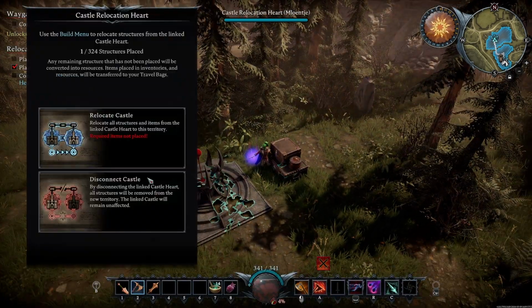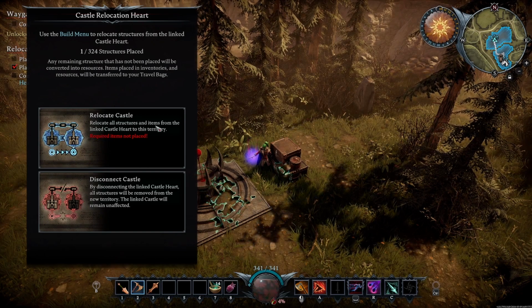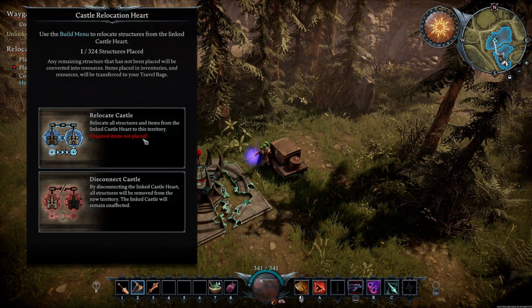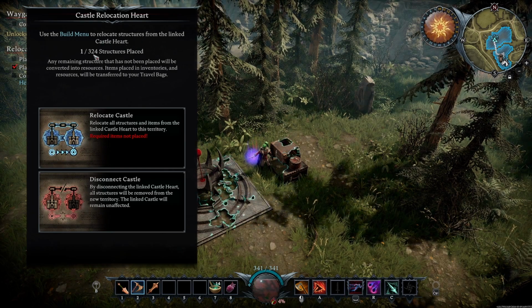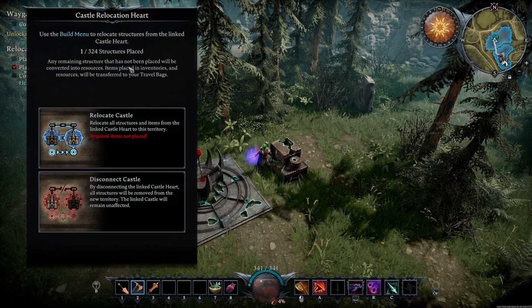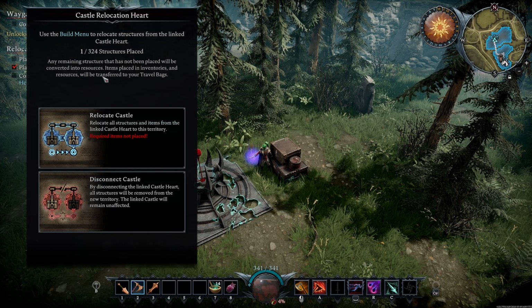What's with these? Relocate all structures and items from the linked castle heart to this territory. Required items not placed. So use the build menu to relocate structures from the linked castle heart. 1 out of 324 structures placed. Any remaining structures that have not been placed will be converted into resources. Item placed in the inventory and resource will be transferred to your...